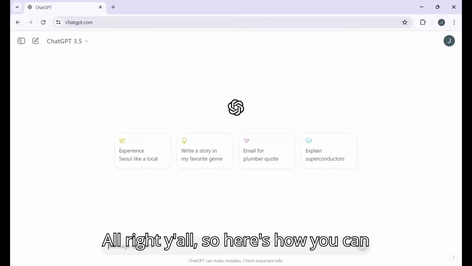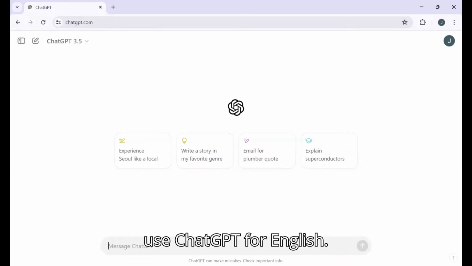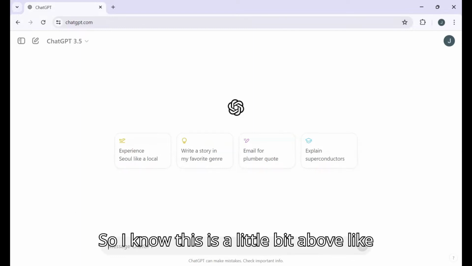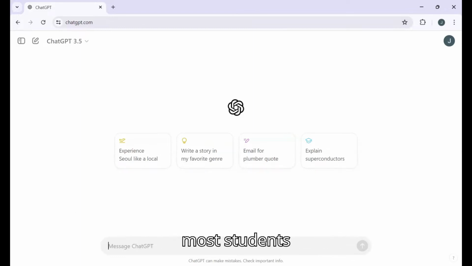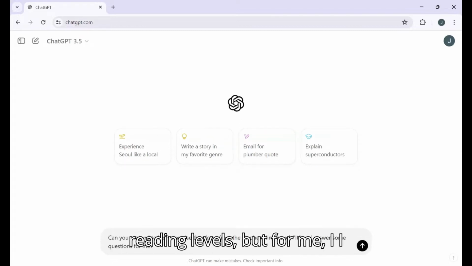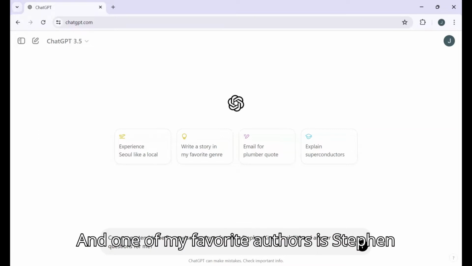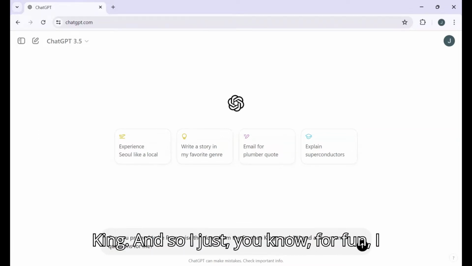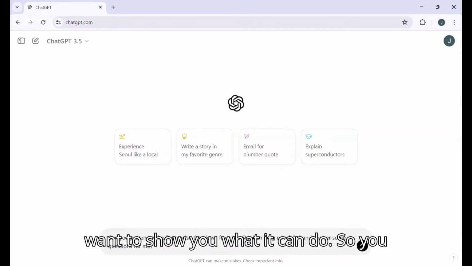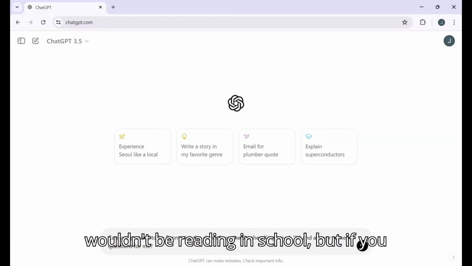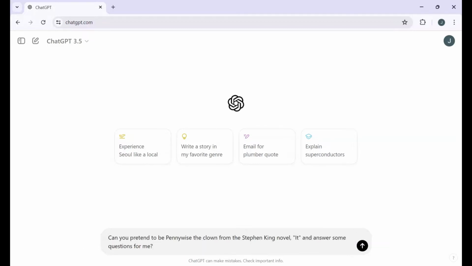All right, y'all. So here's how you can use ChatGPT for English. I know this is a little bit above most students' reading levels, but I mostly do science, but I love to read. One of my favorite authors is Stephen King, and so just for fun I want to show you what it can do. This is probably something that you wouldn't be reading in school, but whatever novel